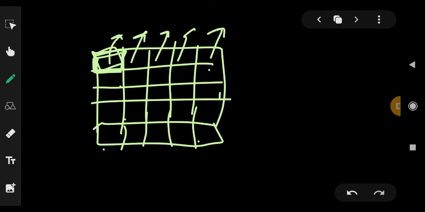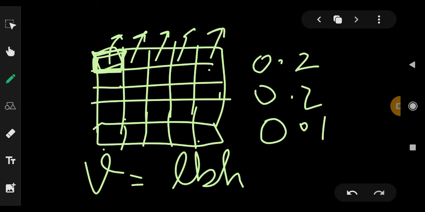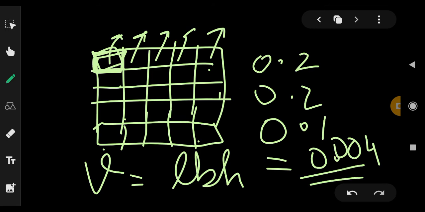Now in that one box the dimension is 0.2 length, 0.2 breadth, and the standard of the hemocytometer slide which we are using, the depth will be 0.1. So this will become your dimensions, and you know that volume is equal to length into breadth into height or depth, which will give you 0.0004. Okay, this will be the volume of one box.